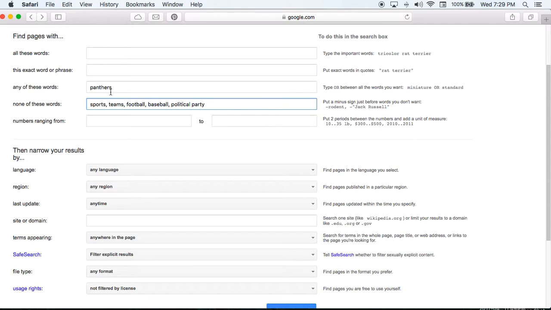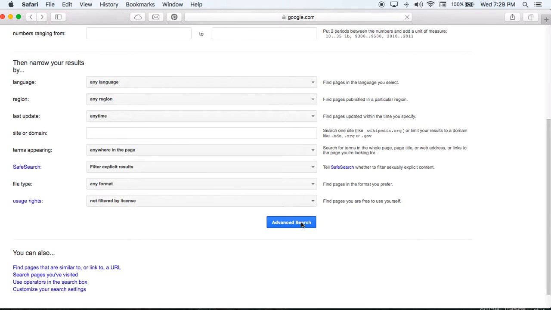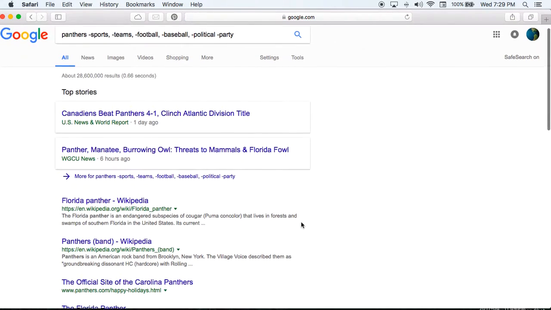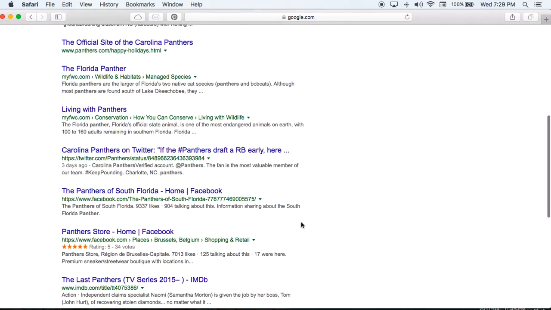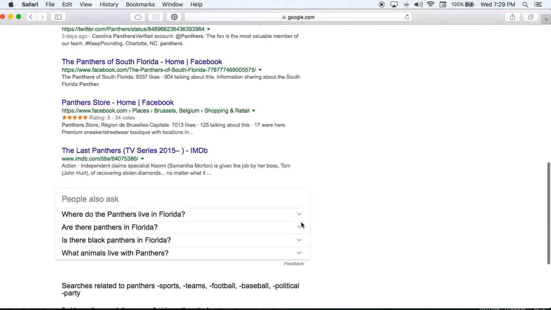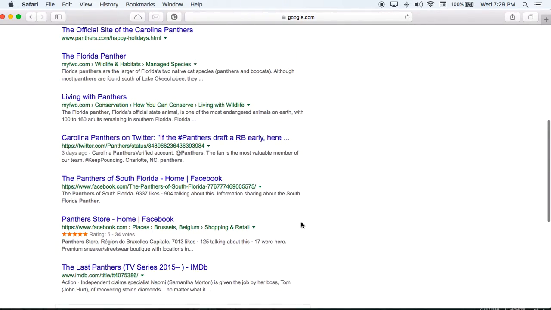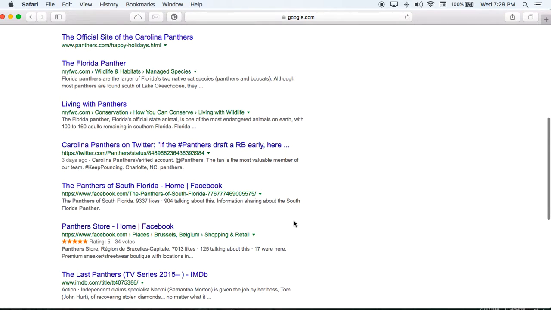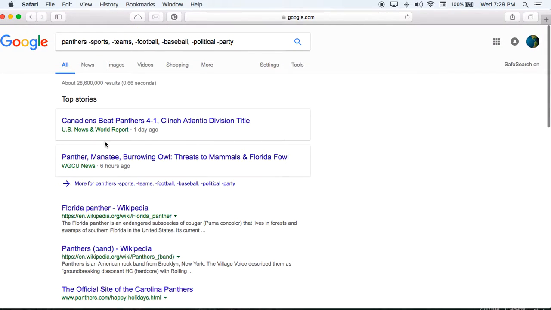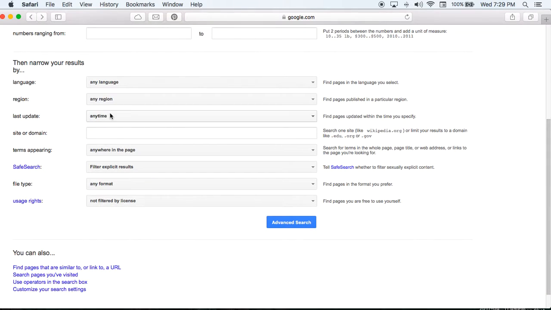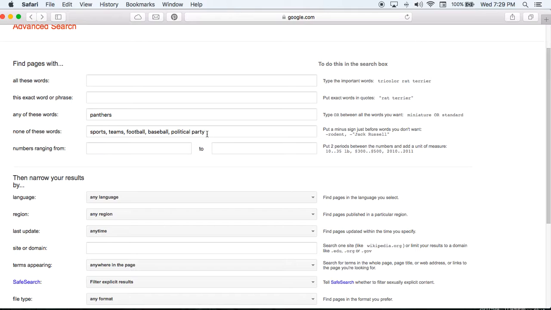So I've told it that I want it to search for Panthers, but I don't want any of these terms affiliated with it. So I'm going to click on advanced search. And so it gives me somewhat Panthers, what I'm looking for, but there are stores named Panthers. So you will have to do quite a bit of work to narrow what you don't want, but it can